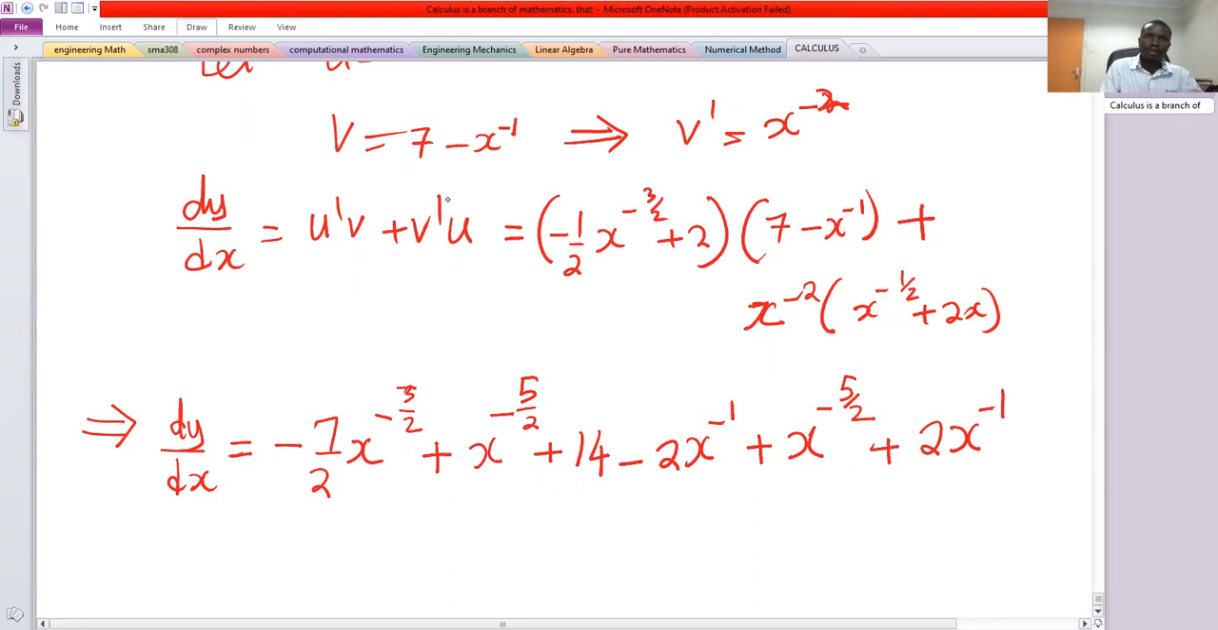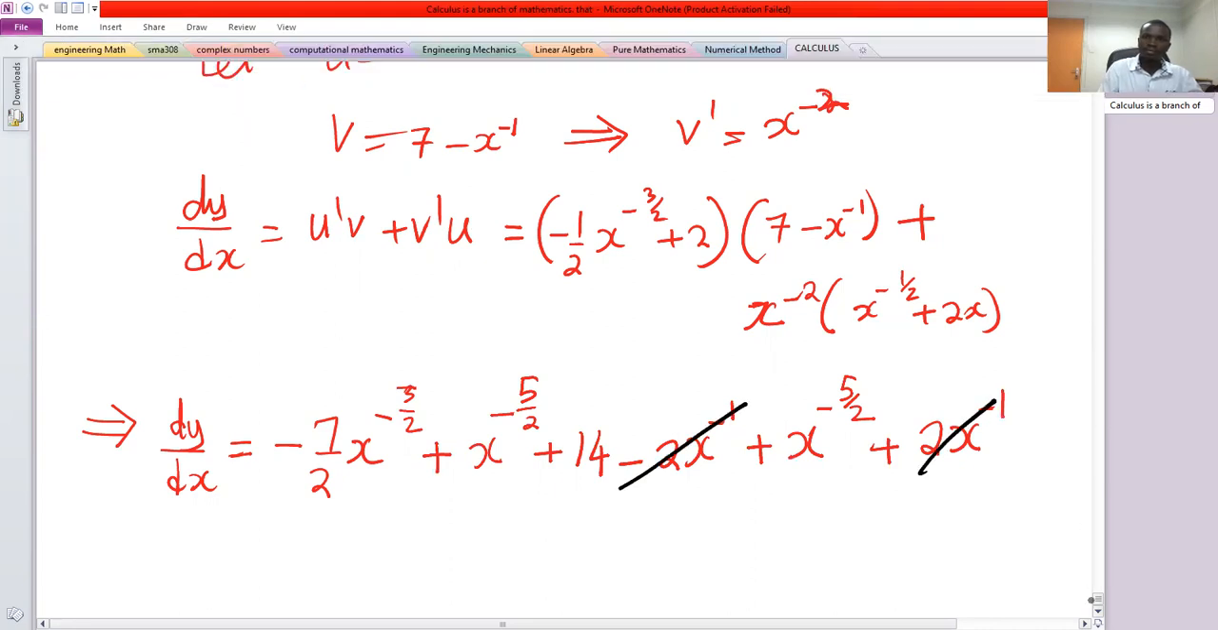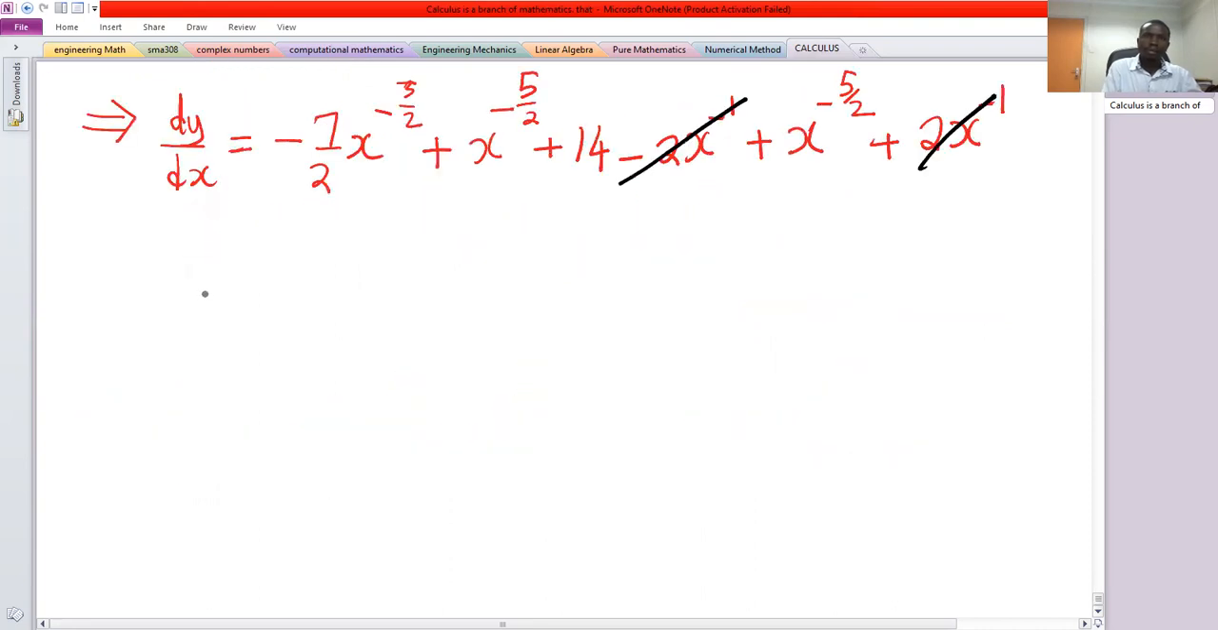Now you see this and this cancels out, so that we have dy/dx equals negative 7 over 2 x minus 3 over 2. This and this are like terms, so those,